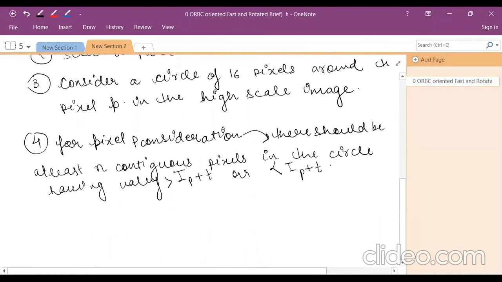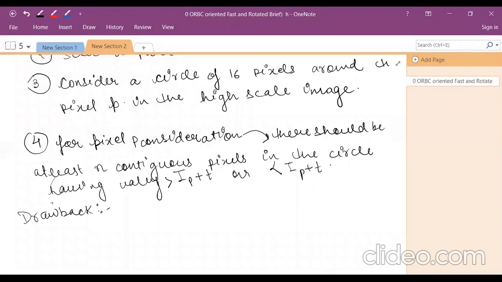And there are some drawbacks of the fast algorithm. What is the drawback? The drawback is, you can see it is good that you have to select a circle and threshold value. But where is the orientation point? Because in the application, we have to see the images in different orientation angles.